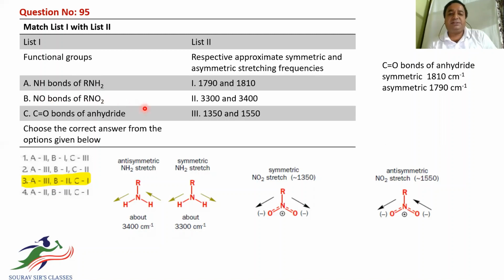Now for the N-O bonds of alkyl nitrate, for the symmetric stretch we have 1350, and for the anti-symmetric stretch we will have 1550. For the C=O bonds of anhydride, as I have mentioned over here, the symmetric stretch will be 1810, and the asymmetric stretch will be 1790. It is 1790 and 1810. For the next question,